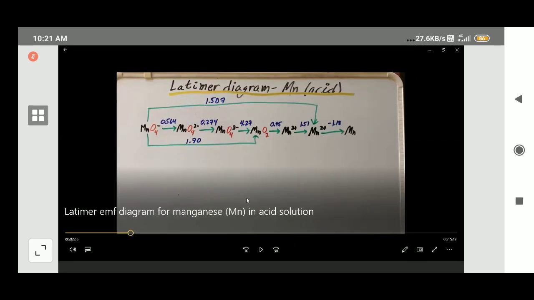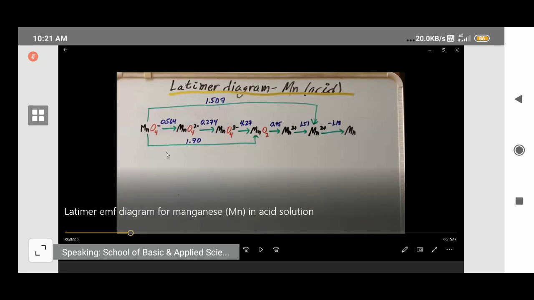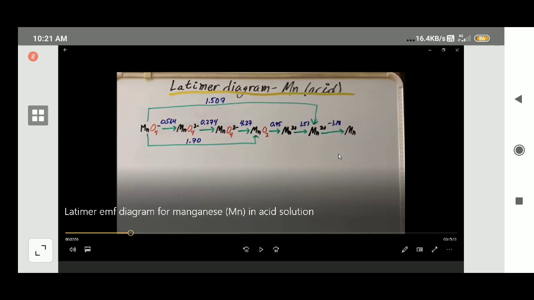Did you understand this particular point? When you have reduction potentials, you are not arranging them in decreasing order of reduction potential, remember that. Within the same element, suppose you are drawing the Latimer diagram of only iron, you have to write it in such a way that the highest oxidation state is written at the left extreme and the lowest oxidation state at the right extreme. So from here to here you have to write like that.